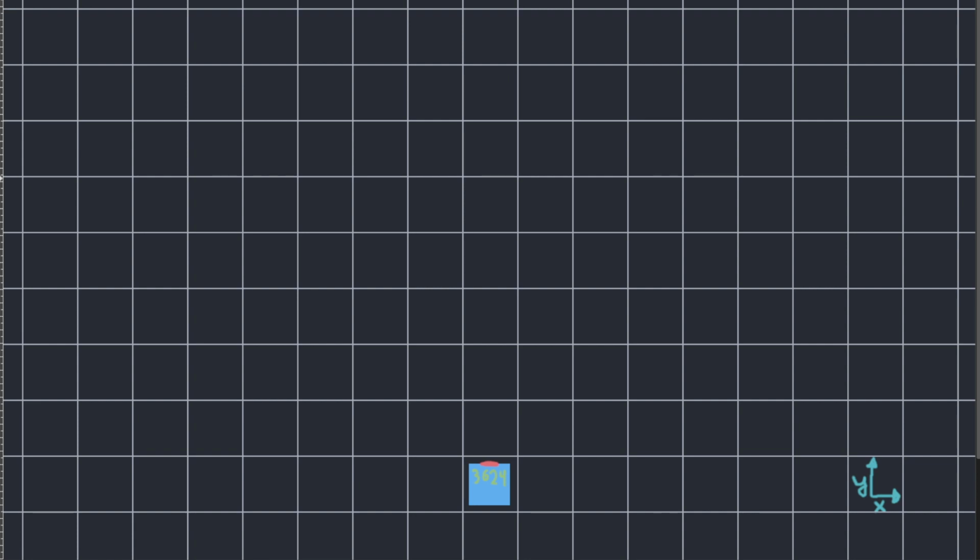So first up, this grid represents the field in an FRC competition, minus most of the bells and whistles of game elements. The stripped down grid will help us understand what's really going on. This blue square down here represents the robot, and the yellow lines I'm going to draw represent potential paths for the robot to travel. The front of the robot is denoted by this little red mark at the top,